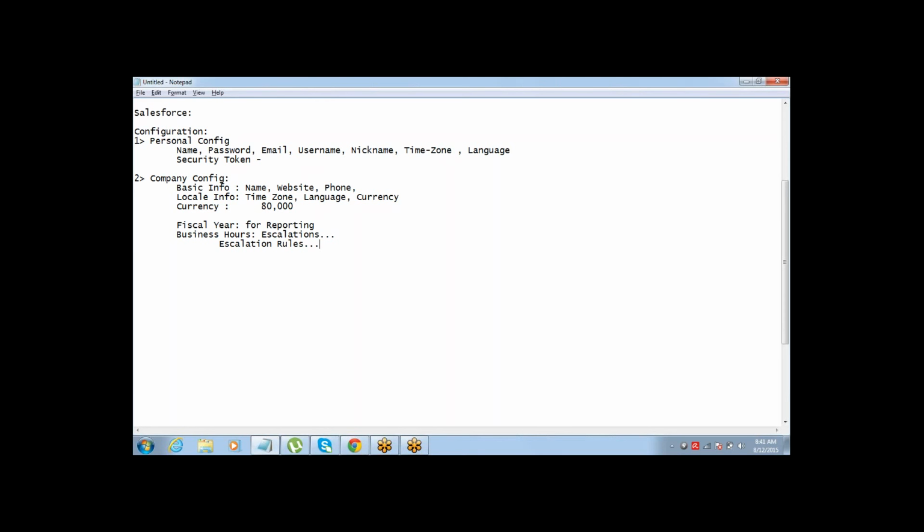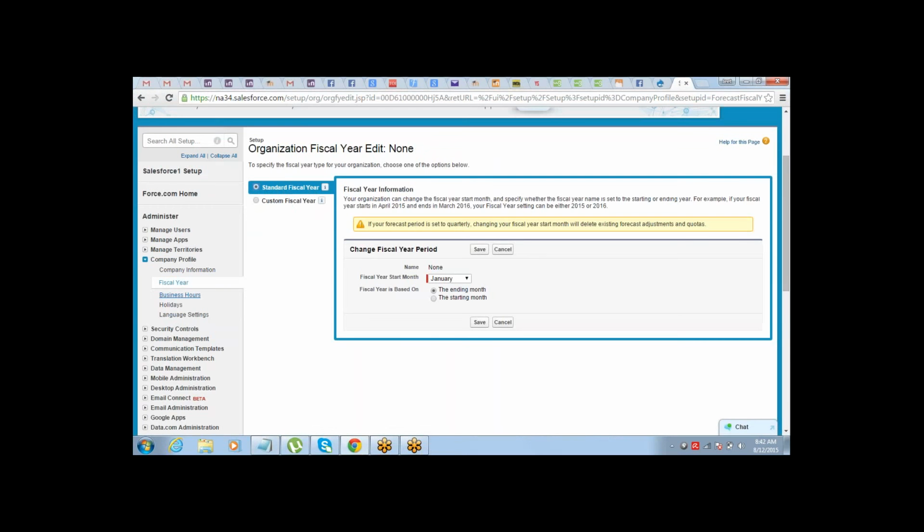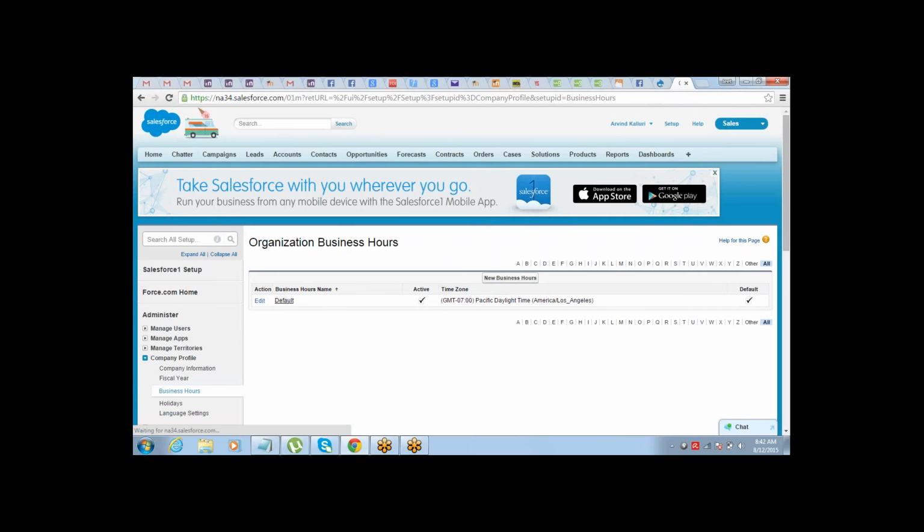You cannot escalate anything after 15 hours, because out of those 15 hours, you have to see how many hours your team was working. That's important. If a case comes in at 5 p.m. today, that case cannot be escalated tomorrow morning, because there was no one working in the night. That's the reason business hours are defined, so that escalation rules can be associated with these business hours to calculate the correct number of hours which have passed.